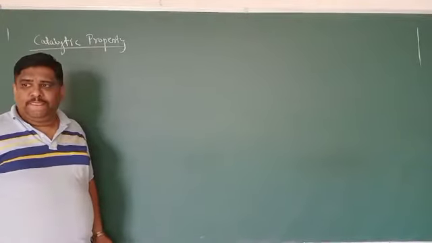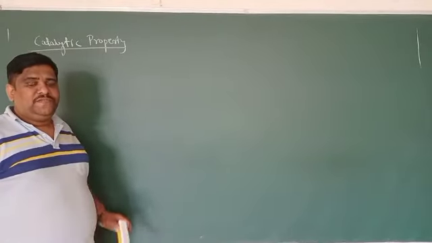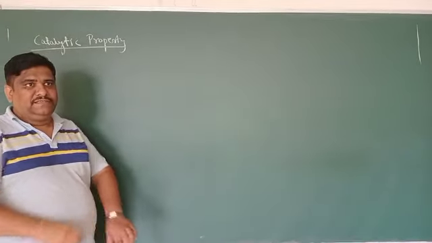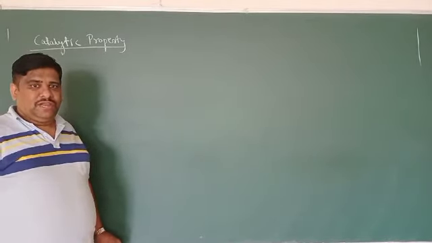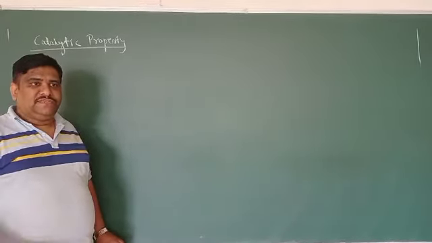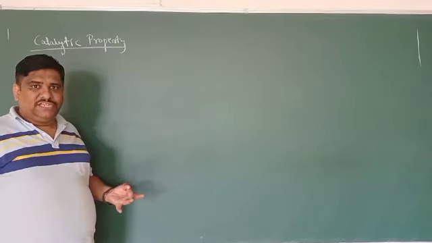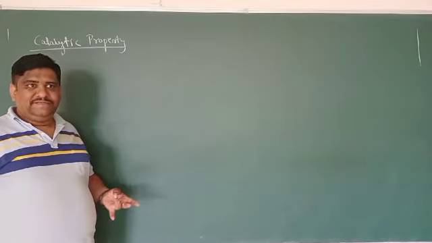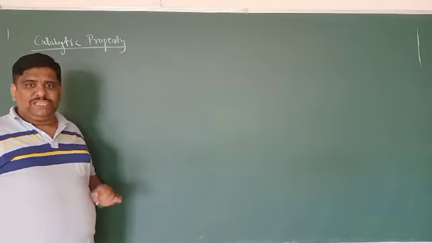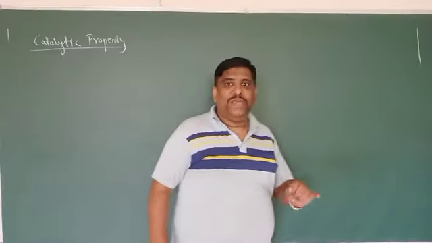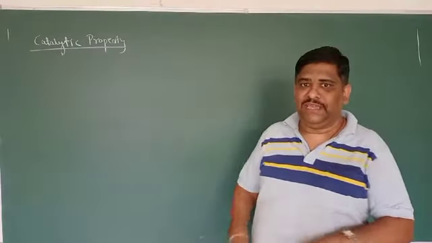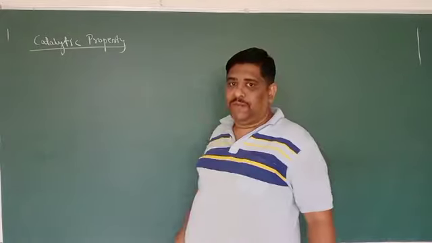Hello dear student. Now we will continue with the next property, and the last two or three properties, in the D block elements. We have discussed the atomic size and variation in atomic size, electron configuration, variable oxidation state, magnetic property, color property and complex formation. So six properties we have discussed. And now we are going to discuss the next property, that is the catalytic property.